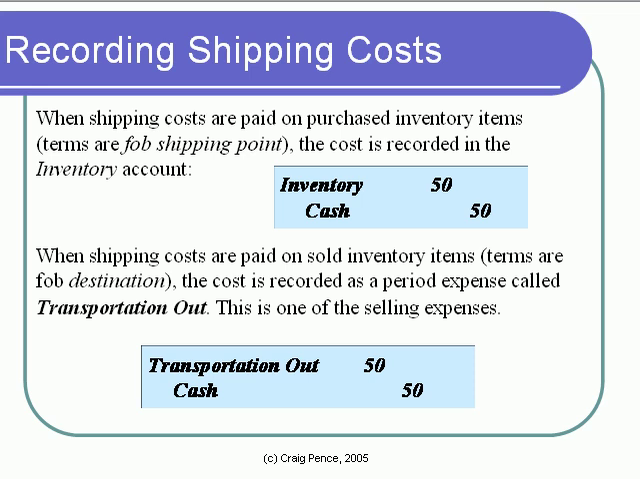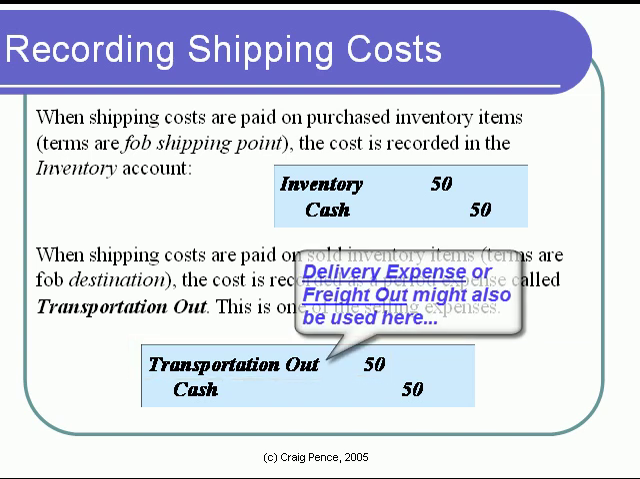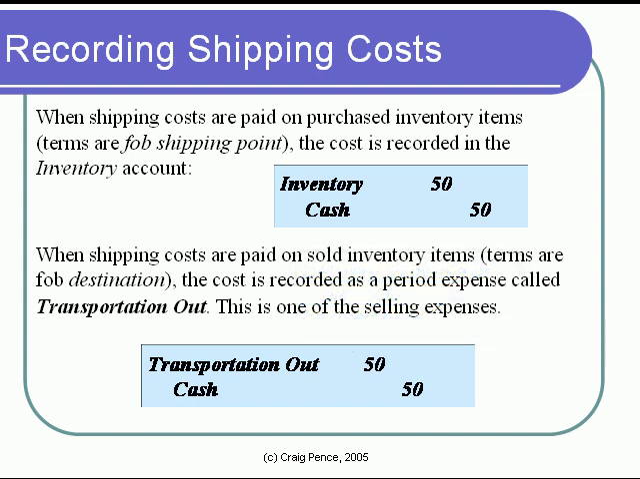Freight charges on goods shipped to customers will be debited to an account called transportation out, freight out, or delivery expense. Since this is an expense of the period that was incurred in order to make the sale to the customer, it'll be reported on the income statement as a